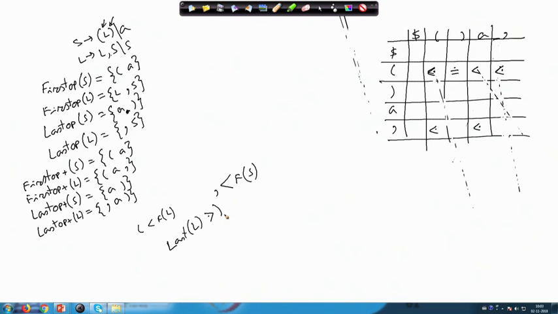Last plus of L has got comma and a. So, comma should be of higher precedence than bracket close, a should be of higher precedence than bracket close, and bracket close should be of higher precedence than bracket close.